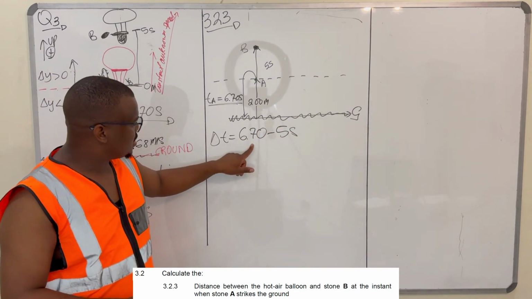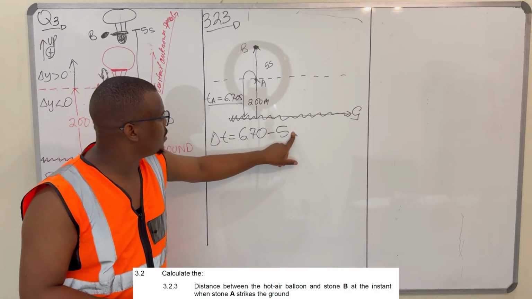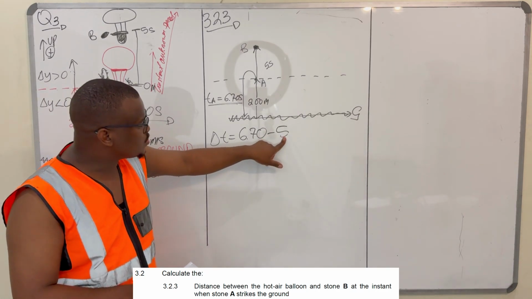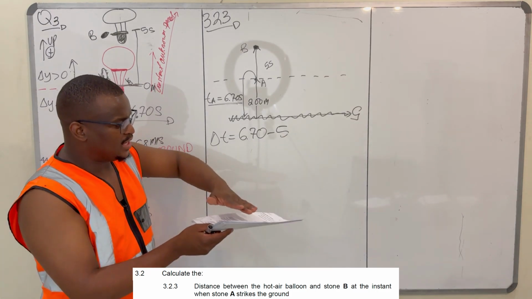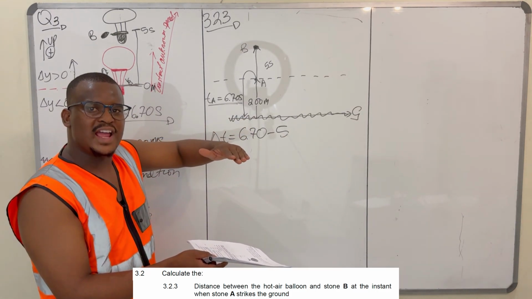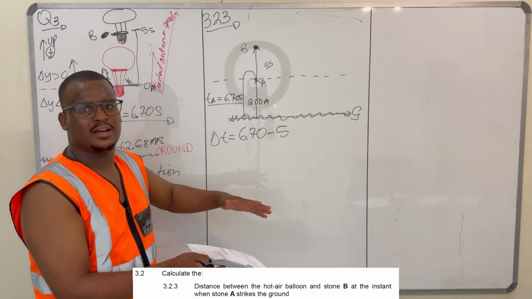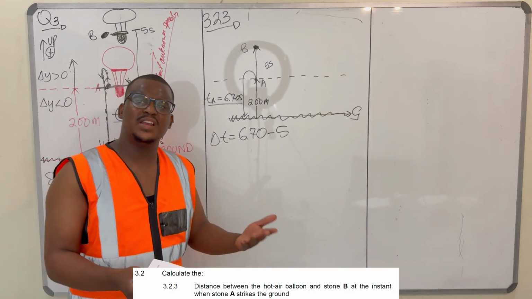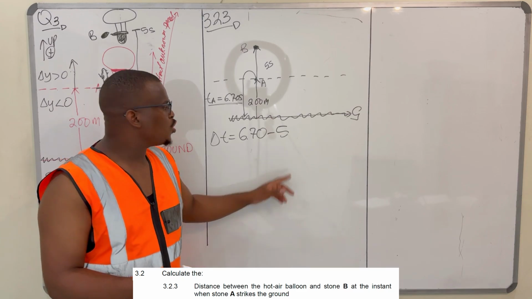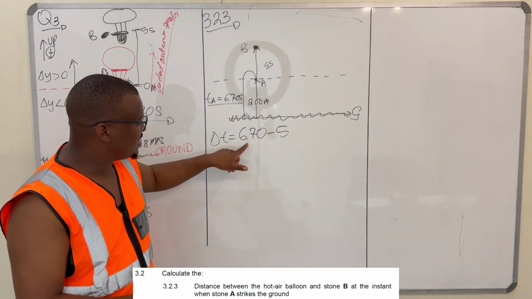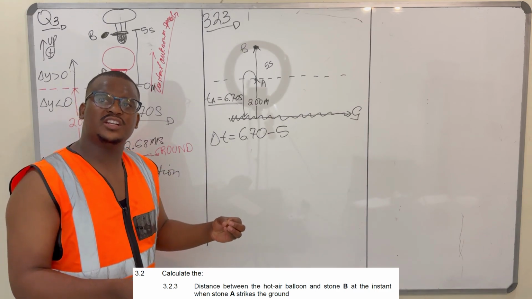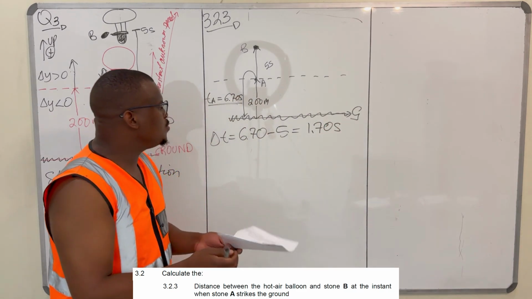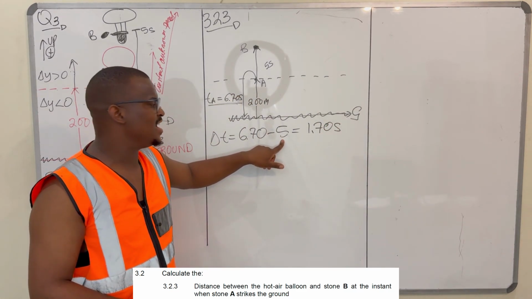So this is the duration. Let me remove the units. This is the duration of stone A in motion. This one is the time difference between stone A and stone B being in motion together. So they are 5 seconds apart because stone B was set in motion after 5 seconds. So which means this one and this one will only be in motion at the same time for how long? For only 1.70 seconds, because when stone B is released, which is 5 seconds later, this one is only left